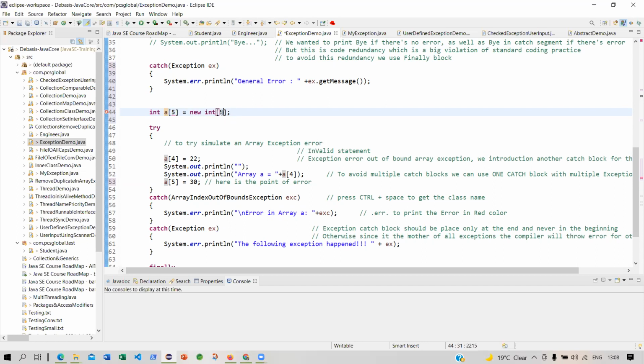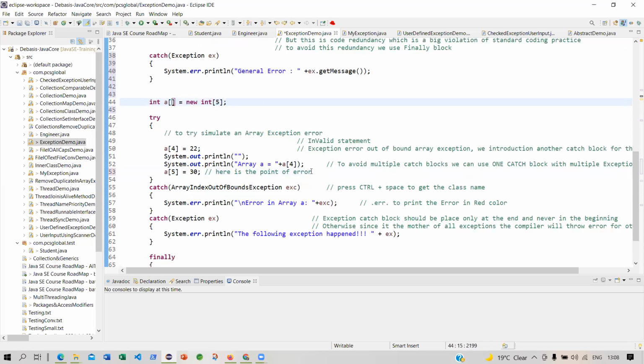This is one of the ways to define an array. But this means that you are defining the size. Here you are mentioning the index position. If you have an index position of 5, that means you are referring to the array element. Which array element? Sixth element. So remember this. Whenever you are referring to the sixth element and you are storing the 30 in the sixth element, but my array definition says that I can hold a maximum of 5 elements, there is no sixth element. So there is the point of error.